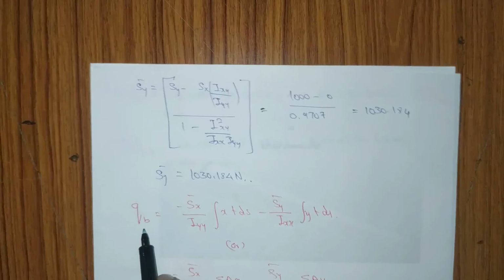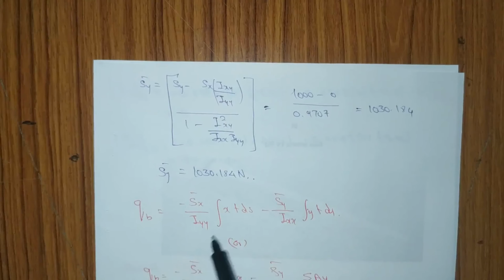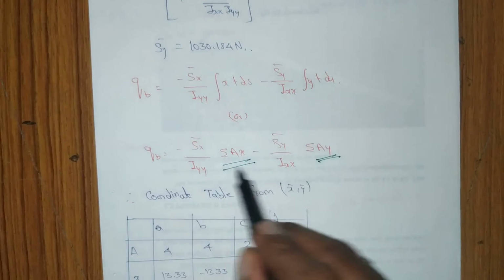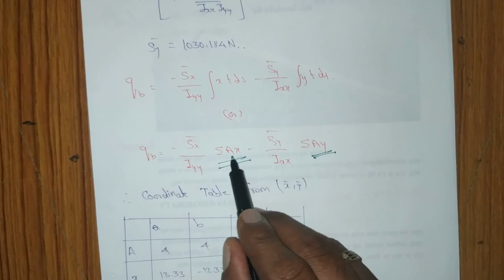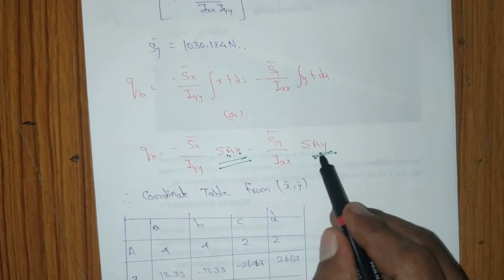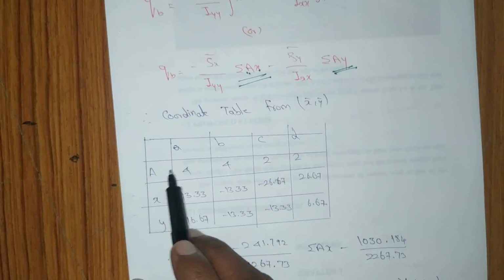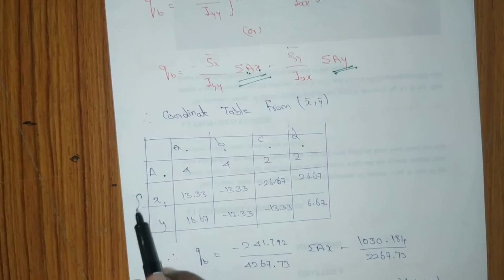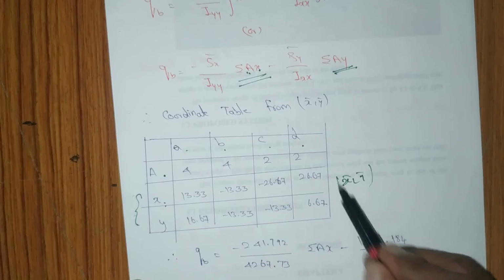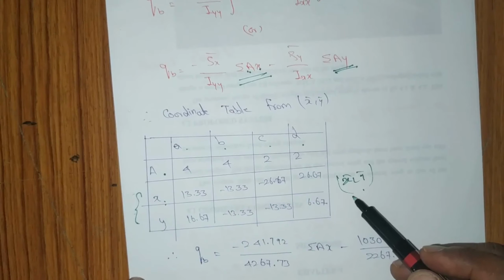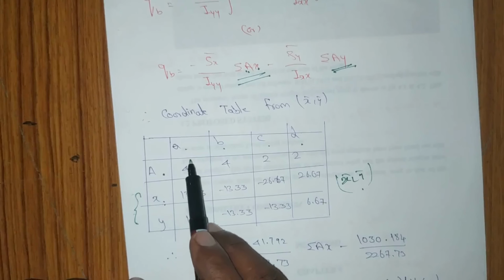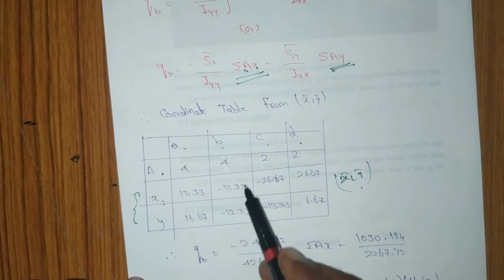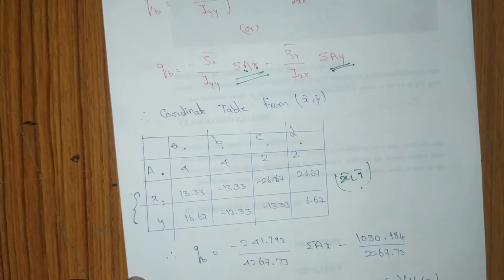So again we need to write the open section formula, QB equal to, the same formula you have to write. This is a stringer problem, that's why we write AX and AY. For each element, each stringer, we need to find the coordinate table. So this is element A, element B, element C, element D. The area of the element, location X, Y from the centroid, that means from the centroid, what is the X, Y for each element. So for A, B, C, D as individual elements, we are getting 13.33, 16, plus or minus; you have to be careful while solving the problem.